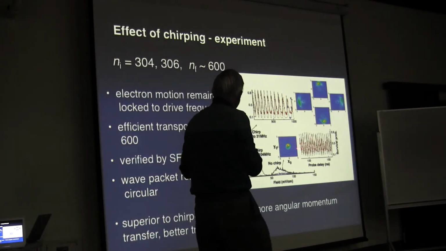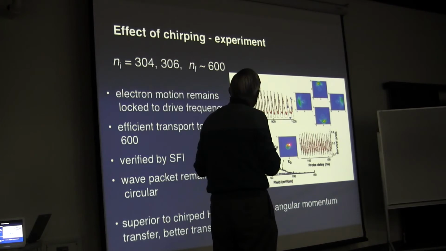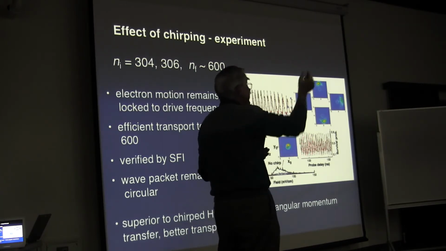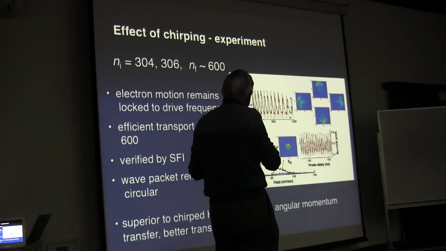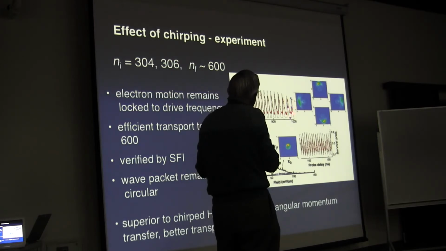So we start out at t equals 0 with a transiently localized state, which is orbiting, in this picture, a relatively small radius. This is our initial state. We lock it to a drive field, and if you look at the survival probability, it's undergoing strong periodic oscillations as it's moving around in its orbit. We start chirping it, and at late times we've gone down to a low frequency. We're chirping down to 31 megahertz.